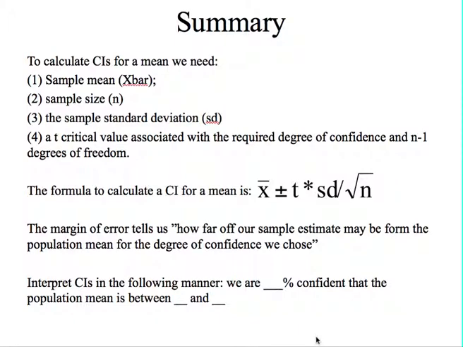So in summary, to calculate the confidence intervals for a mean, we need a sample mean, sample size, sample standard deviation, and a critical value of t associated with the required degree of confidence and n-1 degrees of freedom. This is the formula you would use, right? This part here is the margin of error, and that tells you how far your sample estimate may be from the population mean, right? And then you would interpret your confidence interval in the following manner: we are X% confident that the population mean is between this and this,